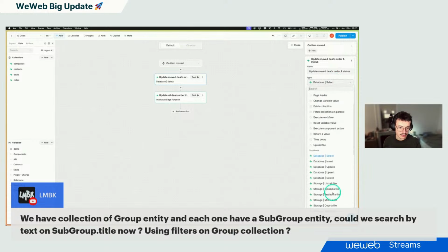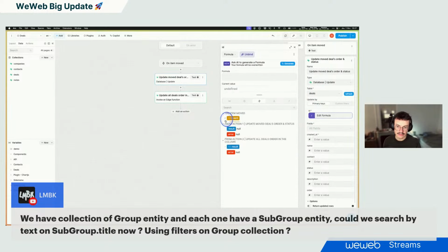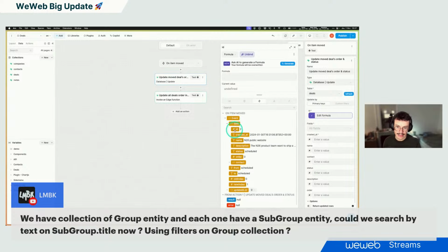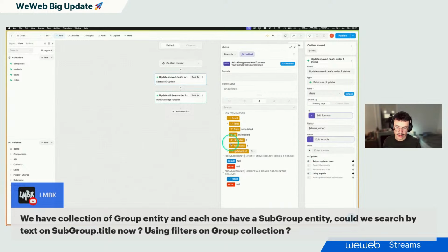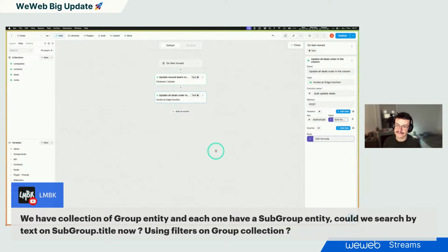So I will just recreate my update deal. So deals by ID, by event item ID, and I want only the order and the status is this one. So the new status from the Kanban, that's actually the event from the Kanban, and the new index is this one. So yeah, that's how we handle the